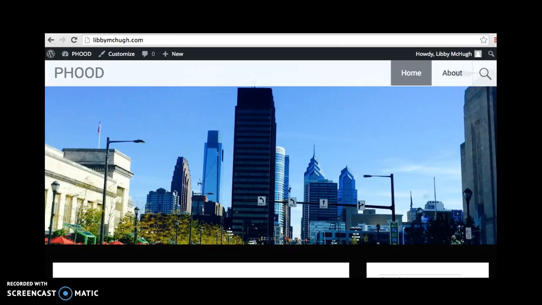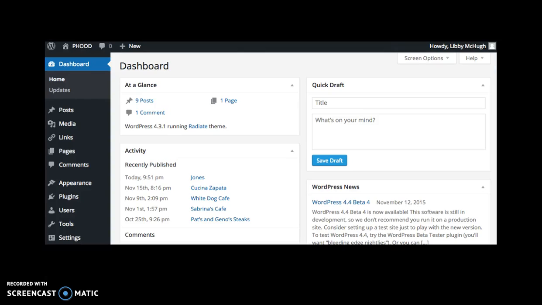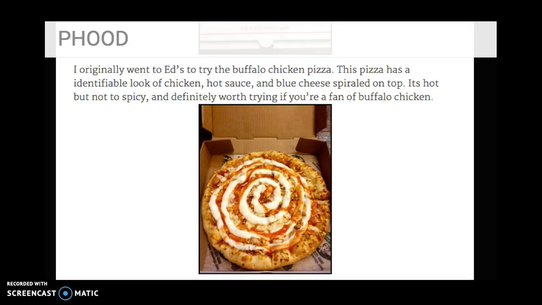Within WordPress, you can customize the theme, layout, categories, colors, and anything else you can imagine with the use of plugins on your blog. All of these changes can be made through the admin on the dashboard. The admin can also edit posts, pages, and regulate comments. WordPress provides all the tools needed to make a successful and professional blog. With all the tools readily available, the next task became how to use them to achieve that professional blog.